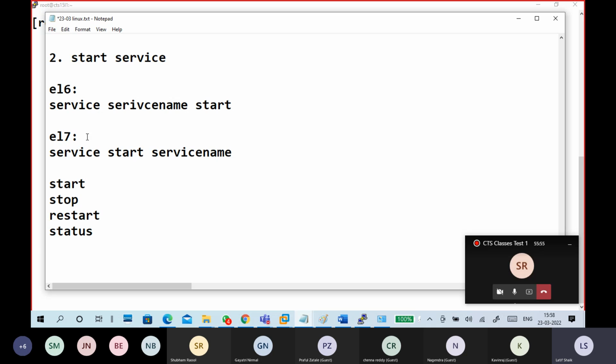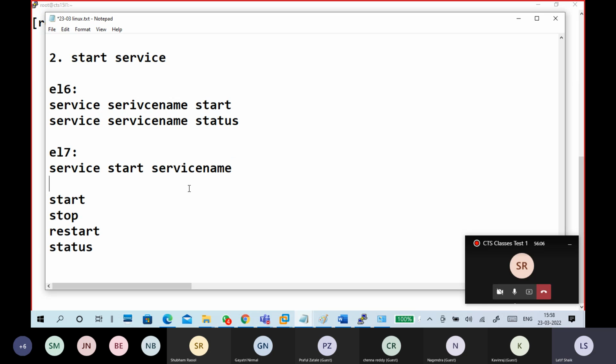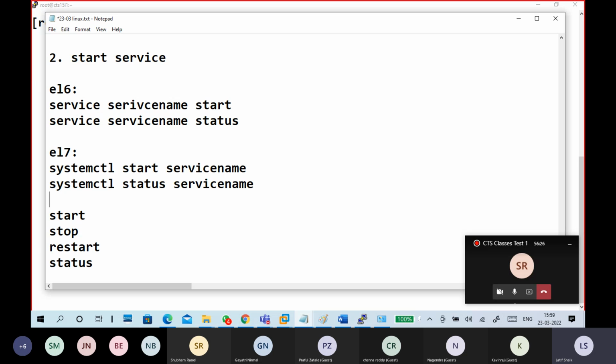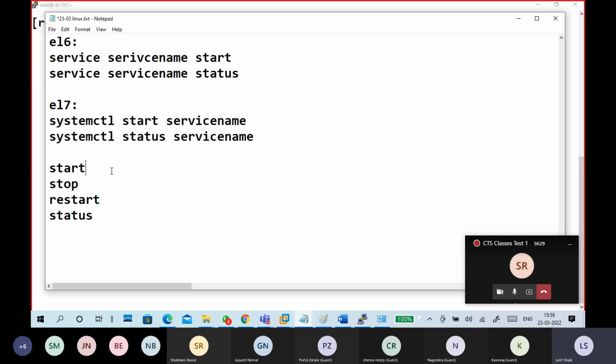Compulsory check the status when you are done, like service name status. I made a mistake, systemctl. Guys, 6 command works in 7, 7 command won't work in 6. Status, your service name. So here is the further to start, to stop, restart, and status.